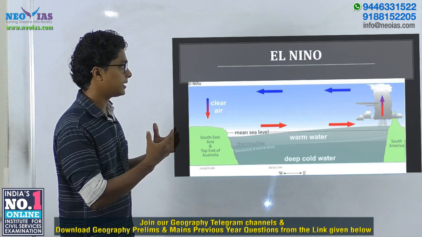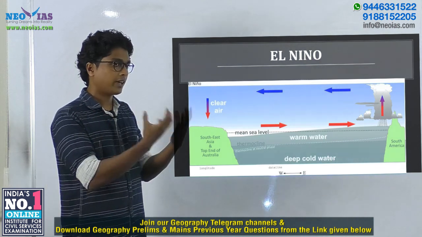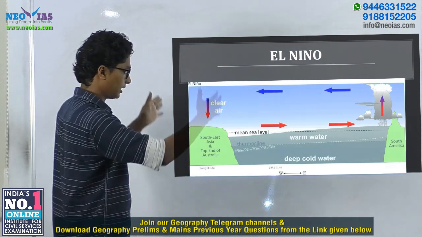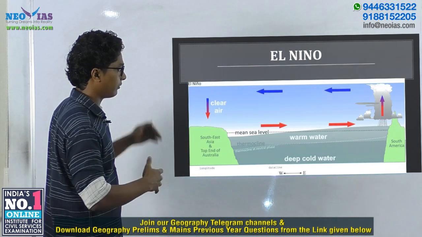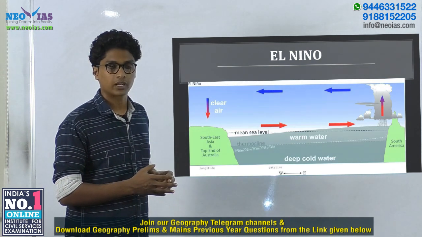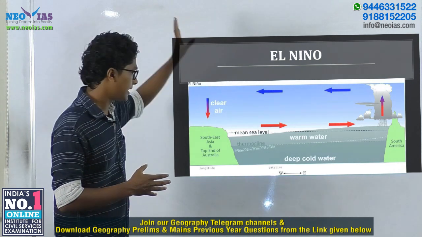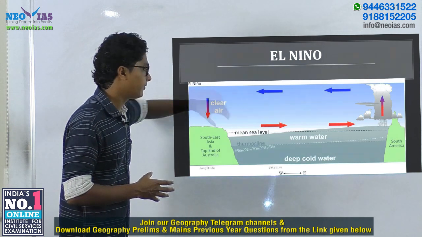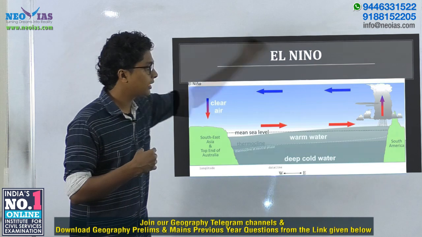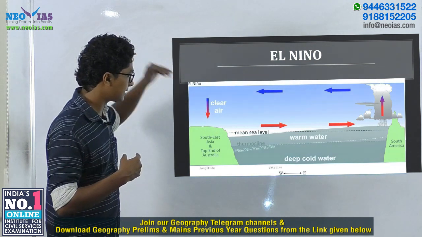Now let's look at the air pressure. Wherever we have warm water, we will have low pressure there. So guess, in an El Nino year, where will we have low pressure? In the Eastern Pacific we will have low pressure, and the high pressure will be in the Western Pacific. Now imagine the air will be ascending in the low pressure, and the air will be descending in the